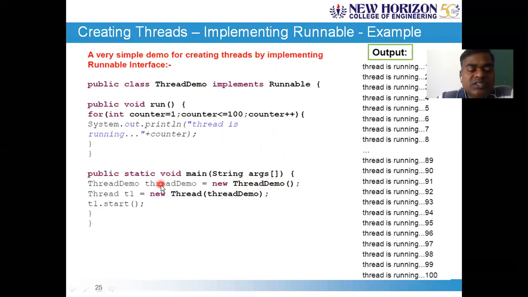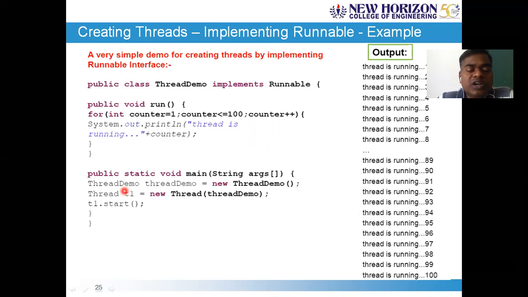And using this, once you create an object of this thread_demo, you should attach this thread_demo object with the thread object, because the runnable interface always deals with the run method. So new Thread of thread_demo. Create an object of the class called Thread, new Thread of thread_demo. Whatever thread_demo you created, you are attaching to a thread and you assign it to T1, which is how you can link your runnable interface with the new thread that you created.